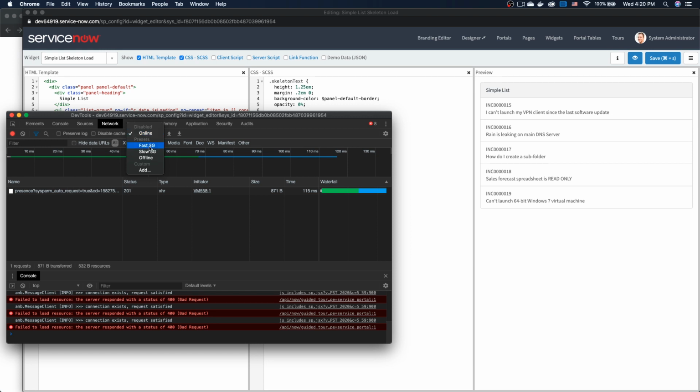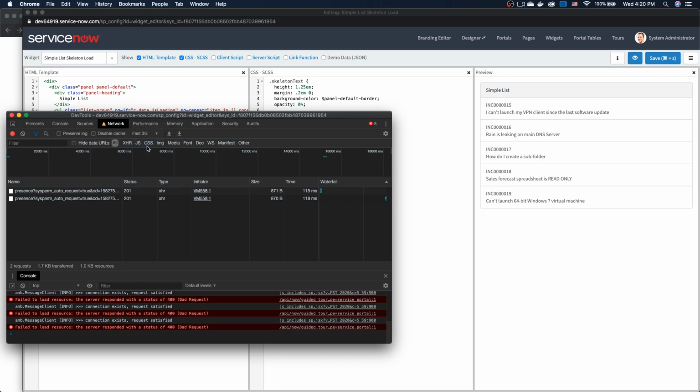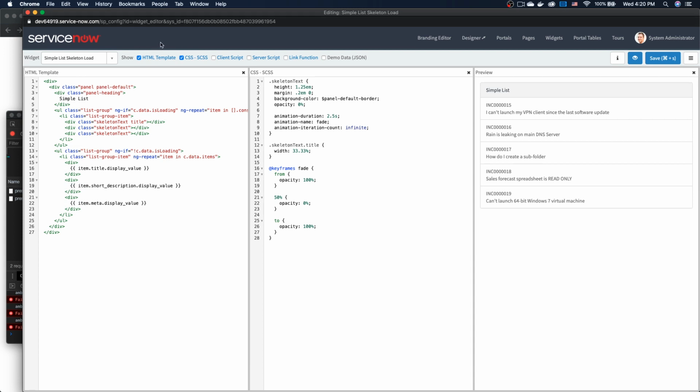But with any of your Chromium browsers, you can find, and I think the other ones have it as well. I don't use Firefox or Opera as much, but you can simulate slower network connections. So for example, I can switch to a fast 3G. And if I